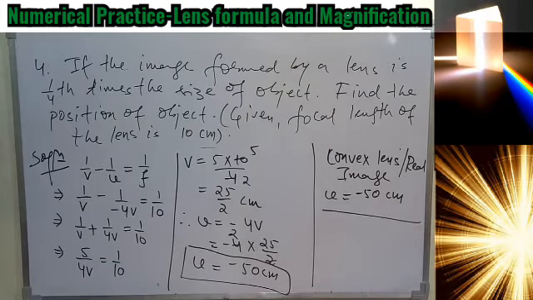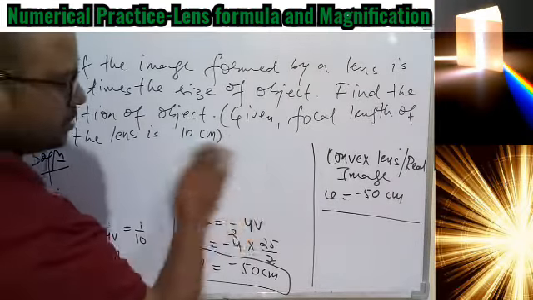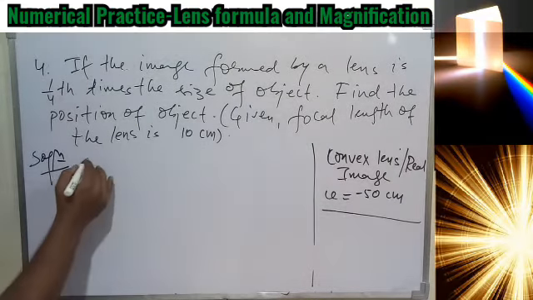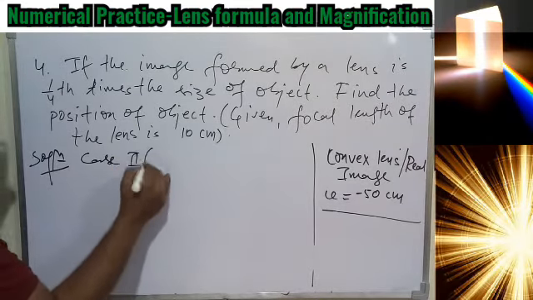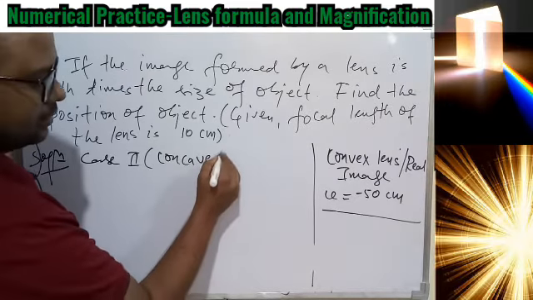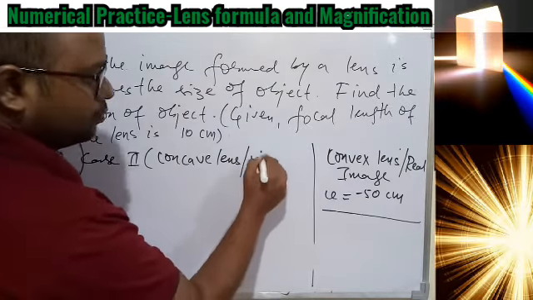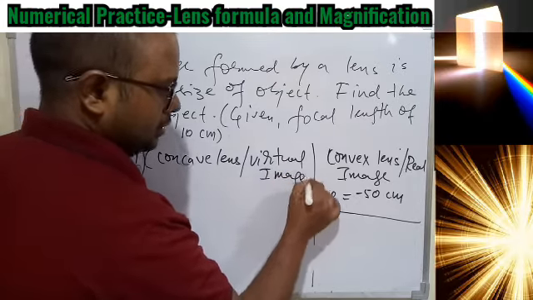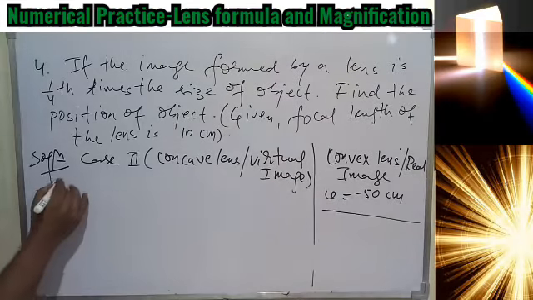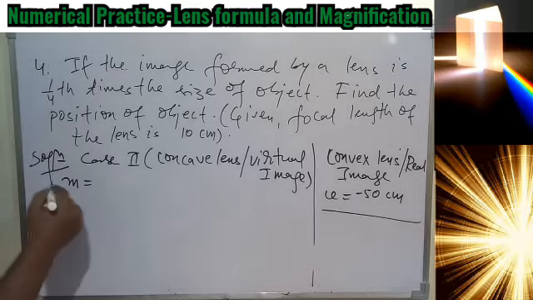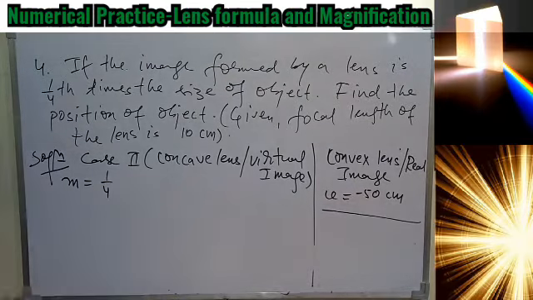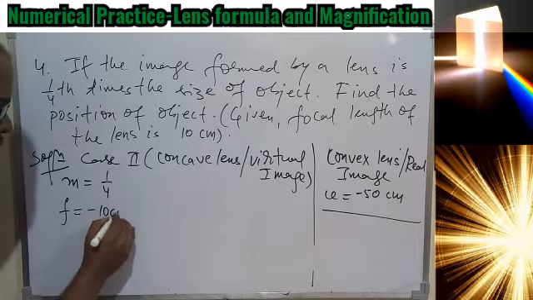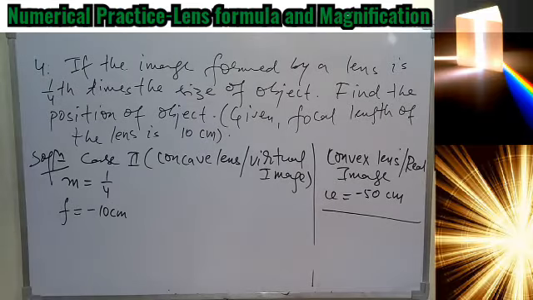Rest is just calculation. You have to be very alert in this calculation, otherwise if you make a mistake in the calculation, it will go wrong, you know. Okay, we'll go for case 2. That is, we'll have a concave lens, and we know it will form a virtual image. For the virtual image, we know magnification will be positive, that was 1/4 if you remember, and the focal length will be negative now, because for a concave lens you take focal length negative, minus 10.